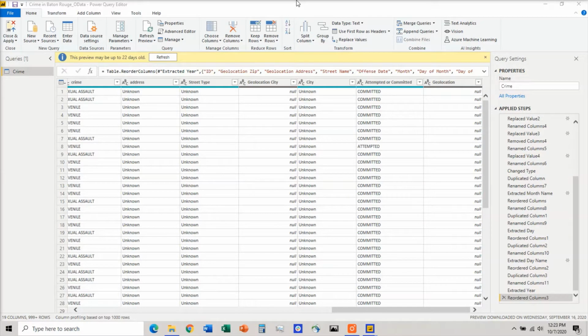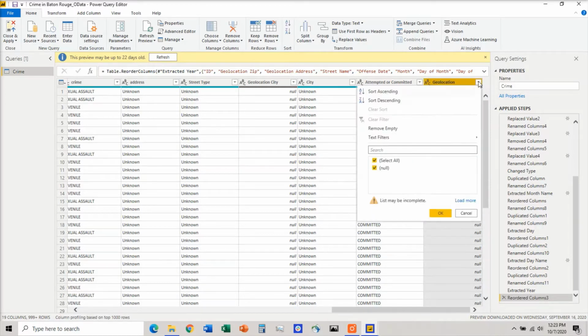Hey everyone, this is going to be a quick video to show you how to clean geolocation with the OData link in Power BI desktop. It is very similar to what we did in Excel, but